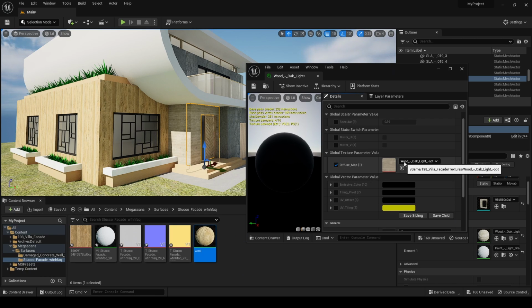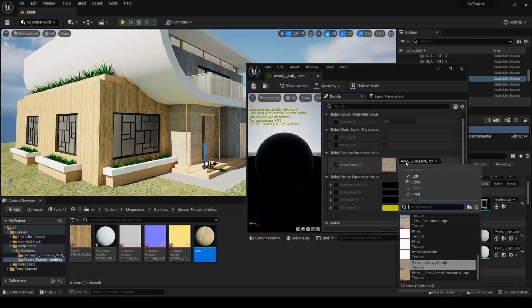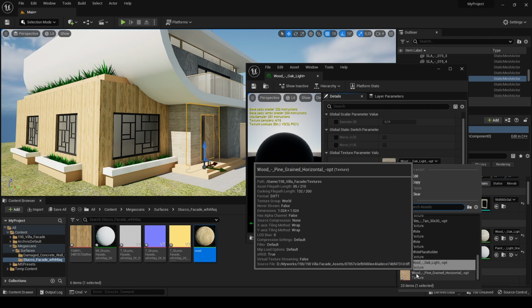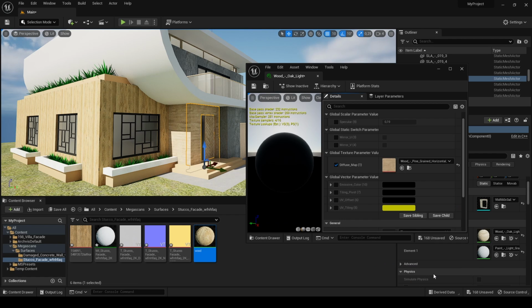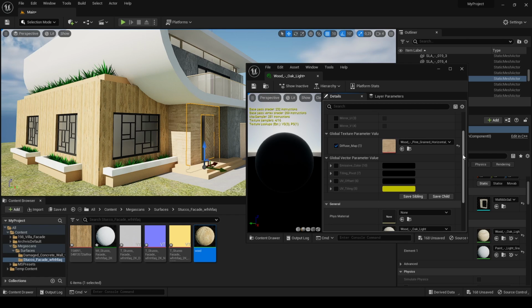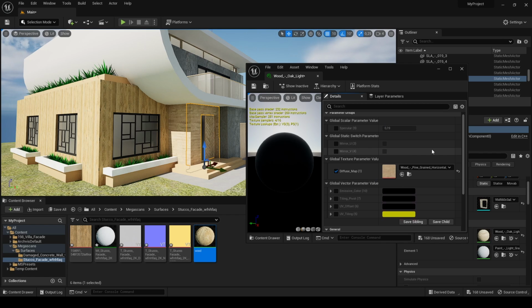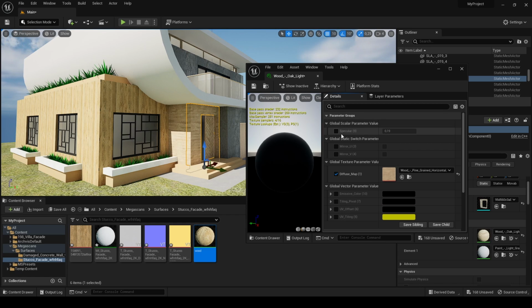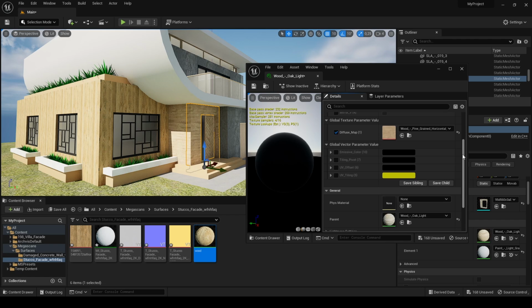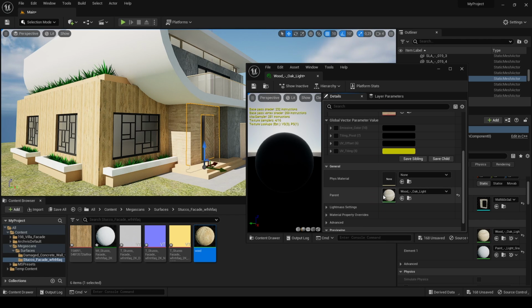Let's click that, and we have already imported our new textures, this wood, pine, grained, horizontal. And with this way you can change all of the textures of your project, because by this way we can use additional settings, for instance UV offset, tiling, specular, and of course you can improve this material as we did before from the parent,